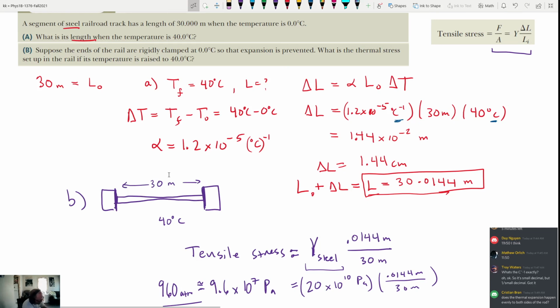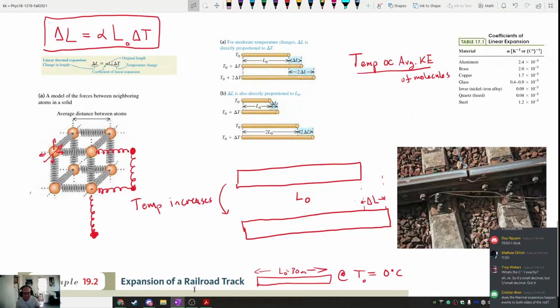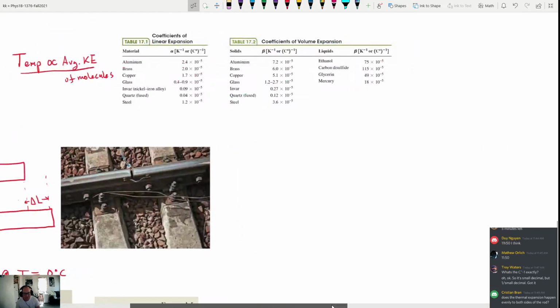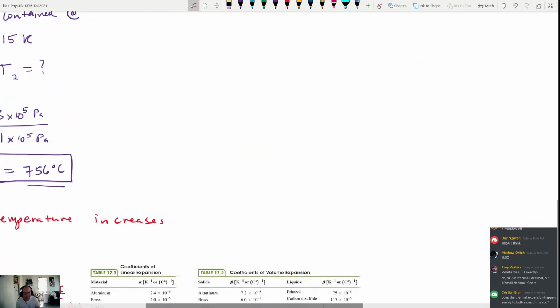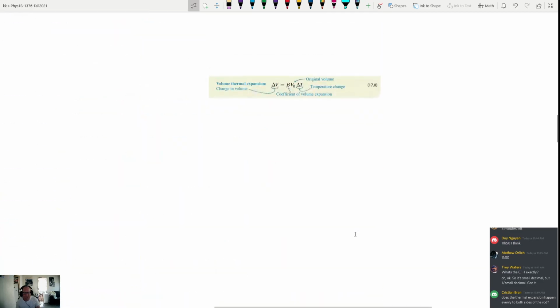So I'll leave you with, you should be able to solve a lot of the homework problems you're going to see in this chapter. The one thing I didn't get to talk about is volume expansion, but I'll leave you with the equation. It is quite simple. It is the same concept. For volume expansion,